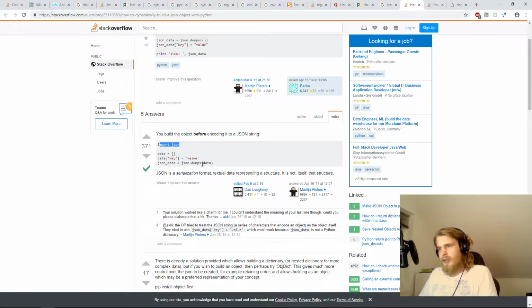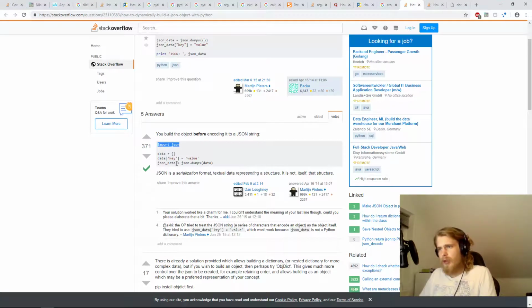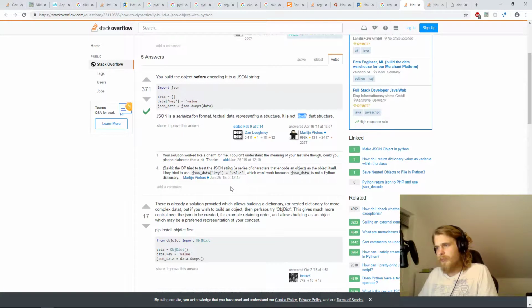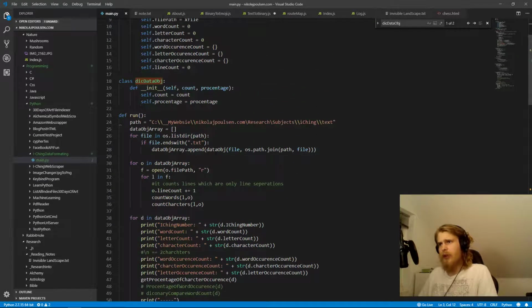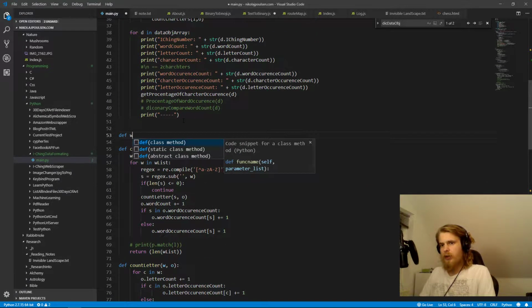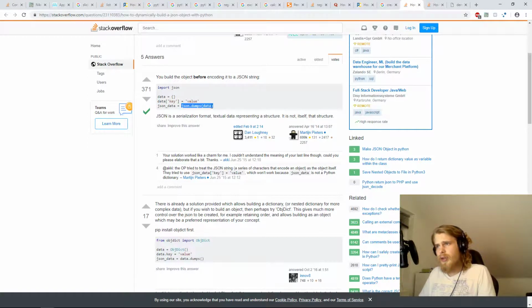Okay, so json.dumps, maybe that's what I need. JSON is a serialization format. Textual data representing a structure. Is this just what I need? Maybe. So I guess what we could do is try to write some JSON files. So json.dumps data,